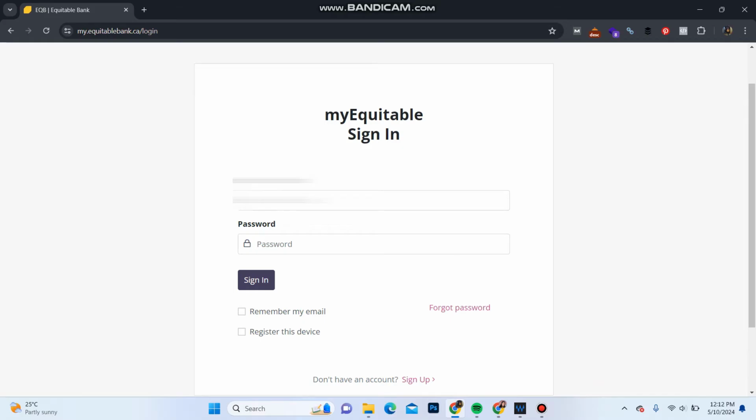And in this portal, enter the email address of your account. And in the password section, enter the password of your account. Once you do that, click on sign in. You will be signed into your Equitable Bank account. And you can click here remember my email if you are using a private computer for further use. But I do not recommend you to do that